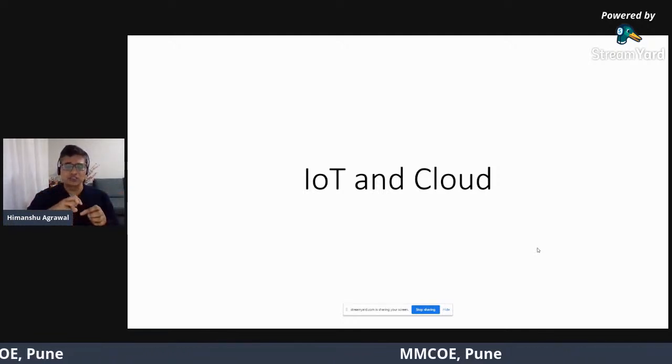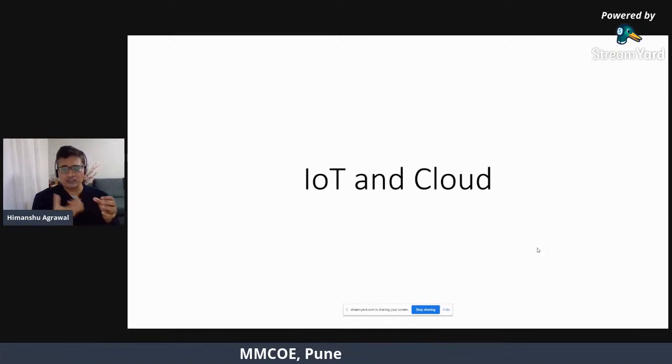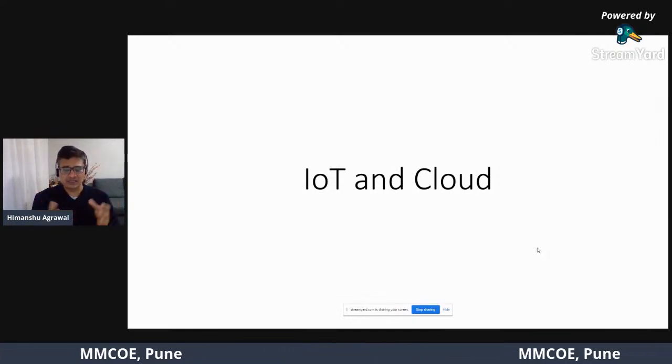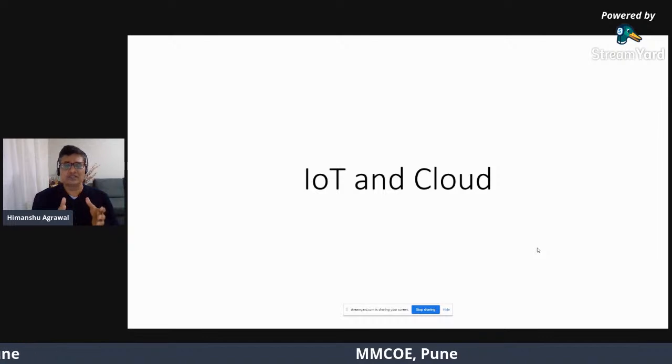Now, when you collect lots of data from these devices, one aspect is related to collection of data.